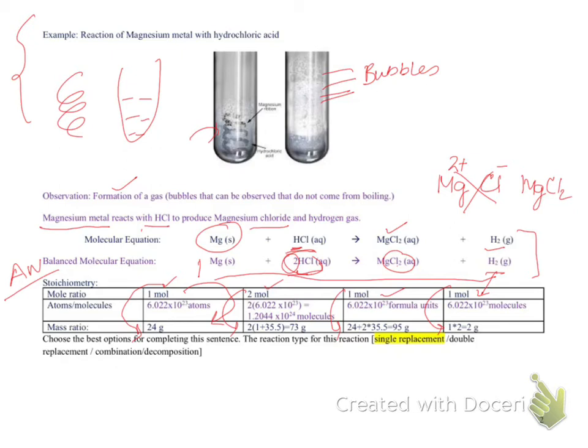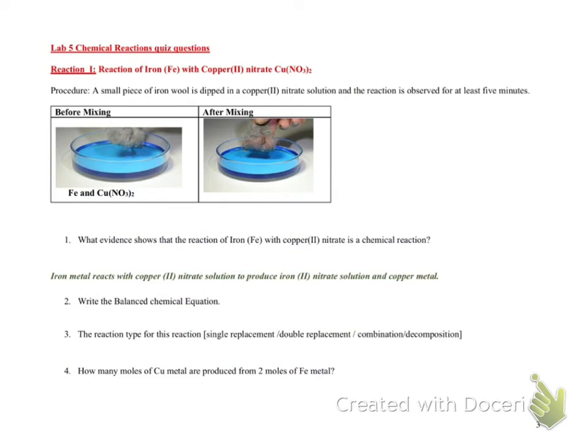What kind of reaction is this? Is it combination, decomposition, single, double? So looking at the reaction, magnesium is replacing hydrogen from HCl. So this is a single replacement reaction, which is A plus BC gives AC plus B. Now, based on this, what you're going to do,